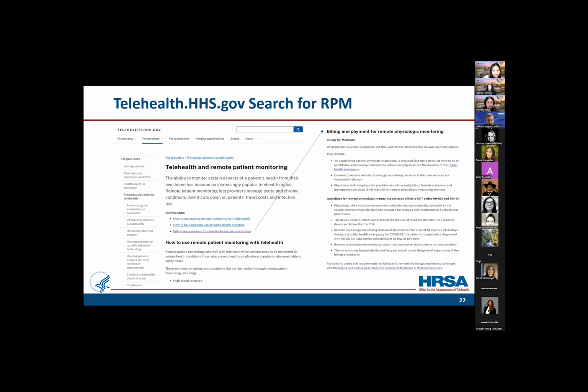I went to our site, and I hadn't actually done this before preparing for this conference, and searched on RPM with our search tool, and son of a gun, I found a lot of stuff. These are best practice guides and things that we have assembled that people need to know about RPM. In particular, the billing and payment, which we'll talk more about later today. We have a whole section and references on that at our site. Next slide.